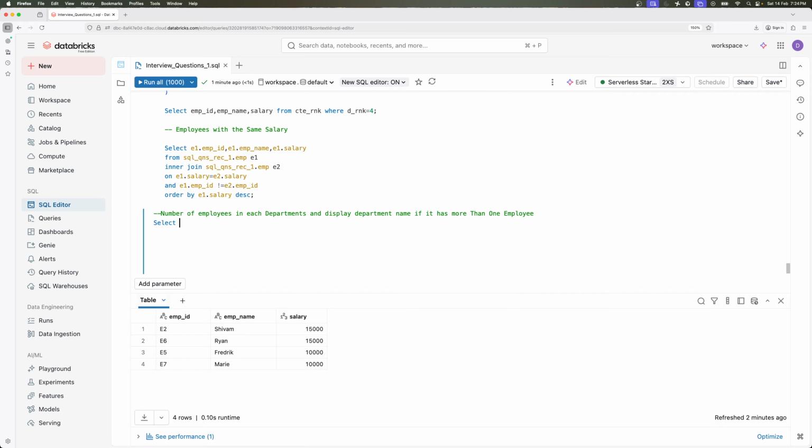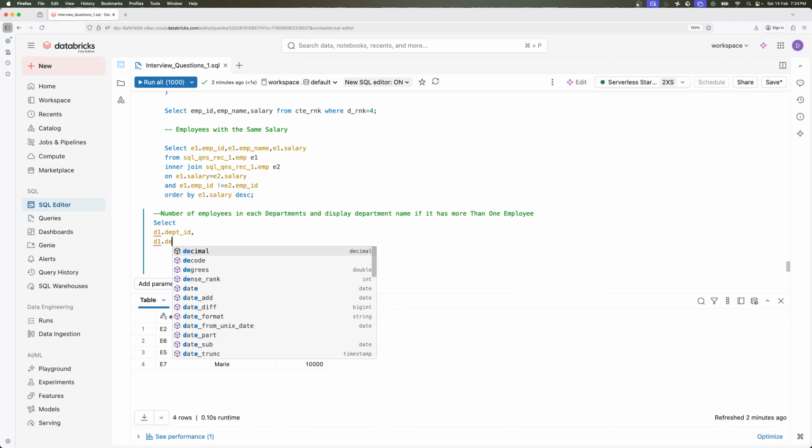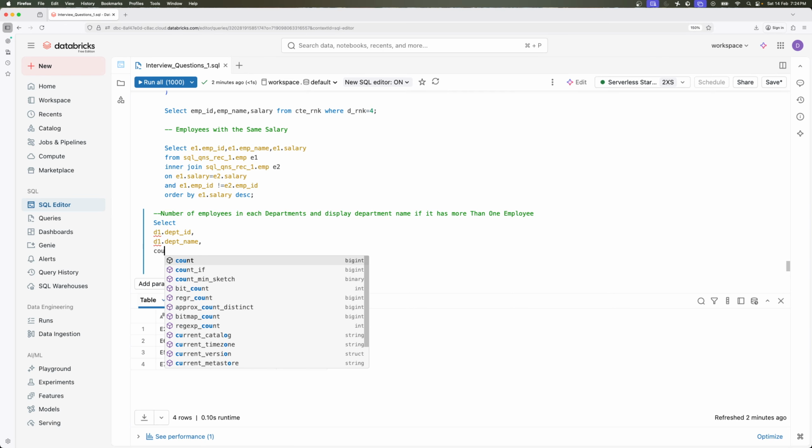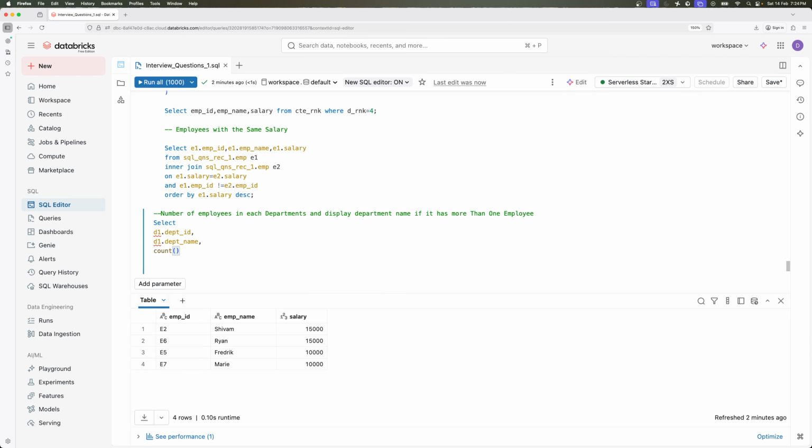Select E1 employee ID, not E1, D1 dot department ID, and then D1 dot department name. Okay, and then count of E dot employee underscore ID